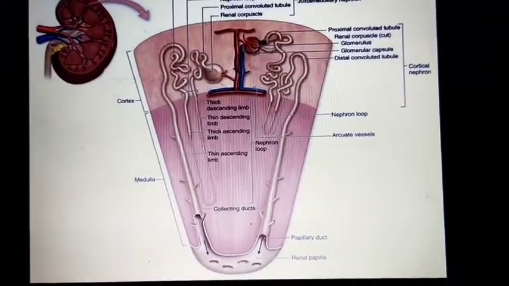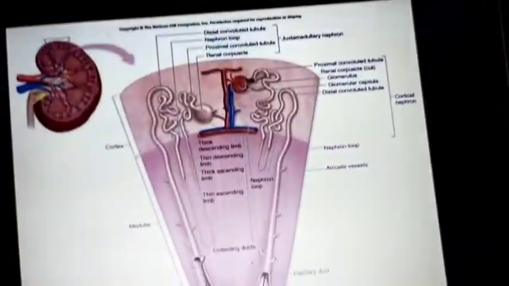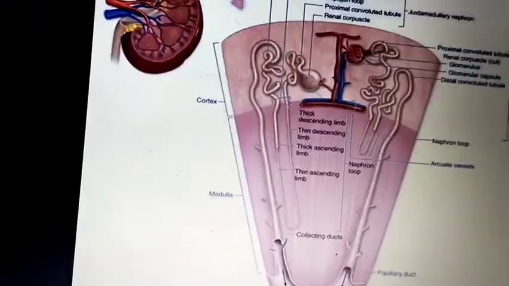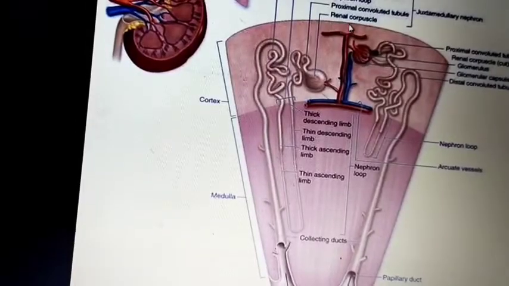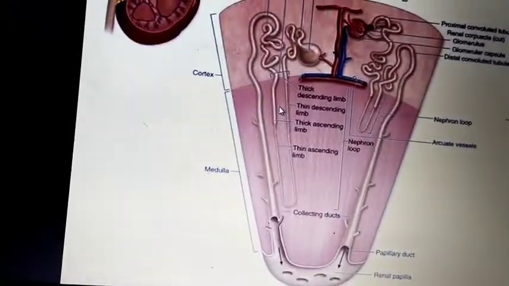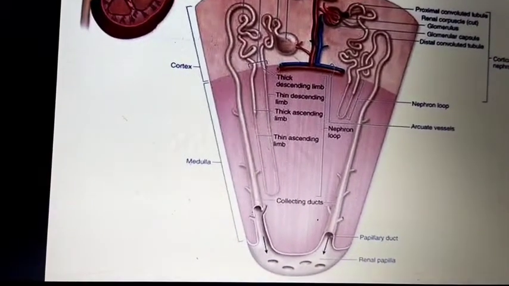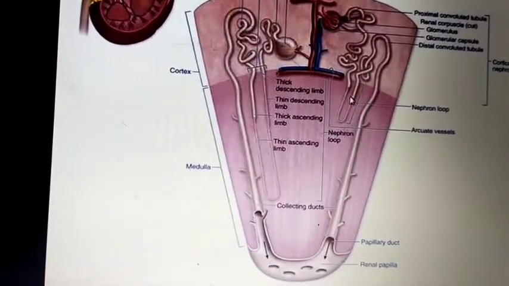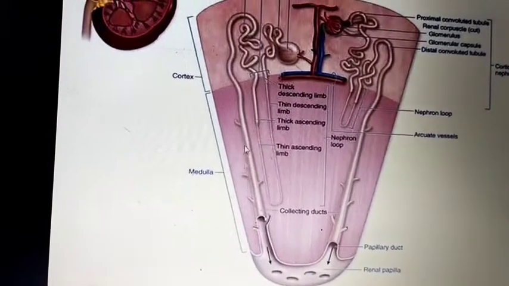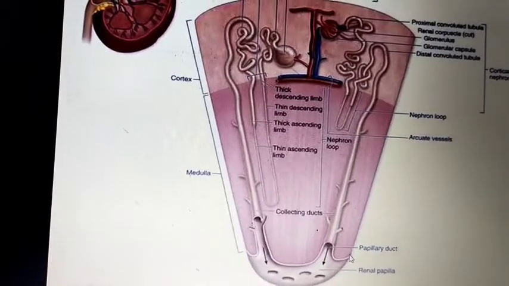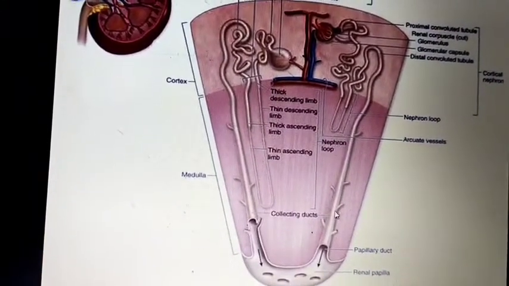Like this arrangement, you can say this is a renal lobule. The renal lobule consists of the outermost layer of the renal capsule, and just below the renal capsule there is the cortex, and the renal pyramid shows the striations. These striations are formed by the nephrons and the connecting ducts. And the medulla consists of triangular or pyramid shaped lobes.